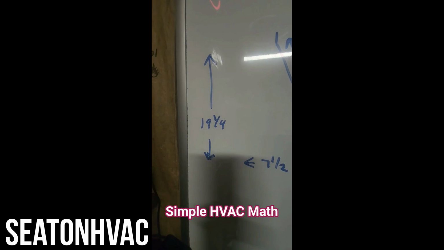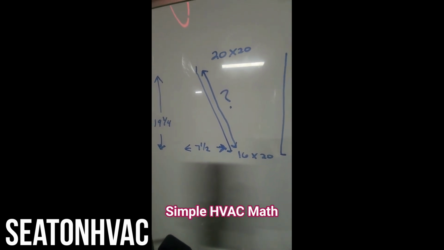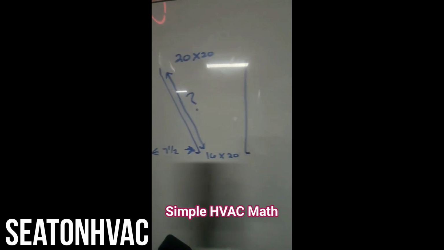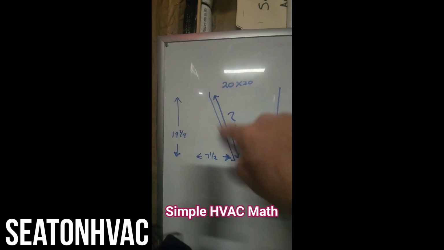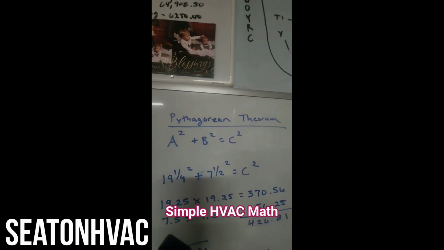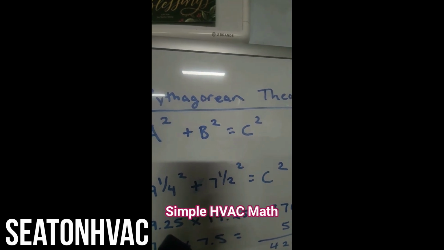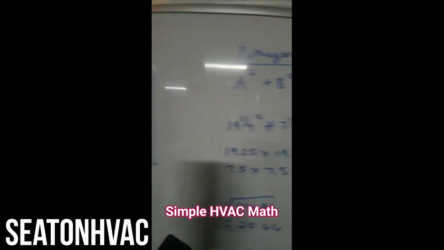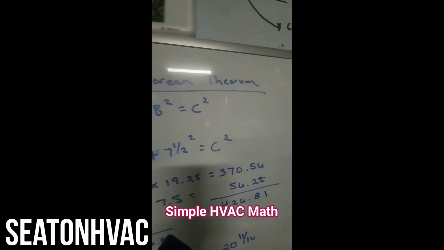Well, the entire height of our fitting is 19 1/4. And we know that that's got to go a 7.5-inch offset, right? Okay. So how do we figure that out? How do we know what this distance is here? So let's go over to here. We use what's called the Pythagorean theorem, right? A squared plus b squared equals c squared. So you take those two dimensions, your 19 1/4 and your 7.5, and you have 19 1/4 squared plus 7.5 squared